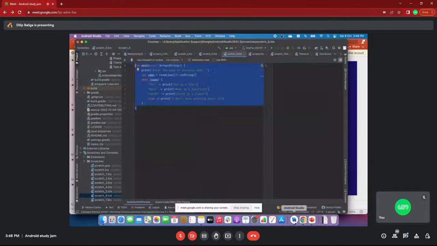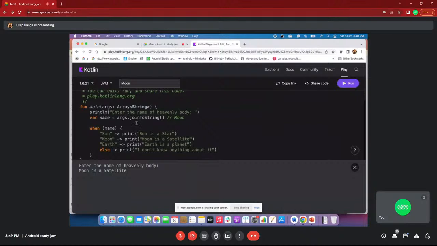For example, I create one variable, name, and I'm creating an if else statement here and assigning that value to this variable. This is the main advantage of Kotlin. Kotlin is very flexible.